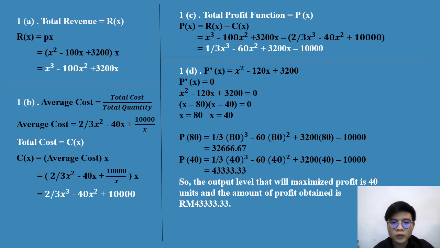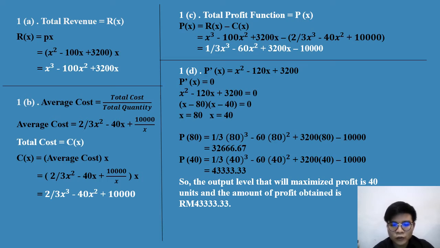From question 1d, we want to determine the output level that will maximize profit and the amount of profit obtained. So if you want to know the output level that will maximize the profit, we need P prime x equal to 0, where P prime x is equal to x squared minus 120x plus 3200. So when x squared minus 120x plus 3200 equals 0, we can get x is equal to 80 and 40. When we substitute 80 and 40 into the profit function, we can get the answer